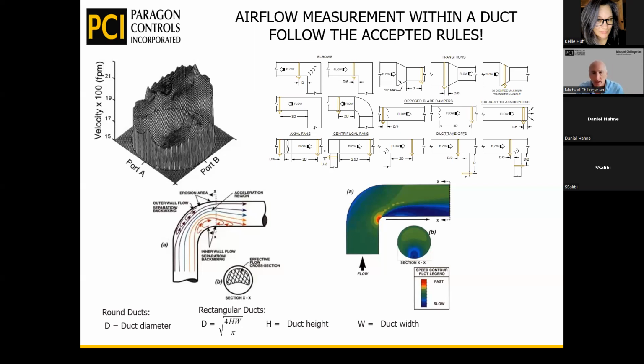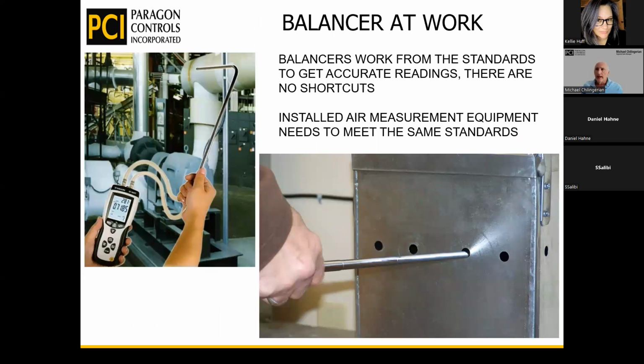And going along with that, every job we have, there's always a balancer who's involved. He's going to take that information that I've just been talking about, and he's going to take a probe. He's going to drill a couple holes in a duct or wherever, so that he can do those equal areas with his probe. He writes them all down on a tablet, and then he'll take the average of all of them, and he'll say, that's the CFM that we've got, or that's the feet per minute, and I've got this area. So we've got this airflow measurement that we can say accurately represents what's going on within the duct